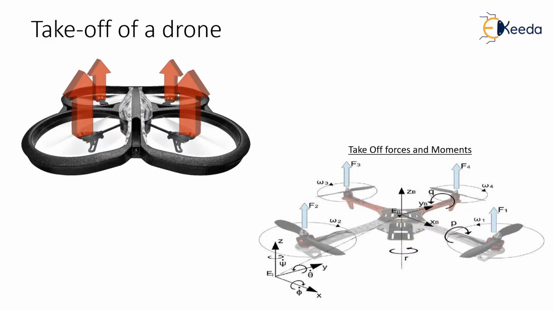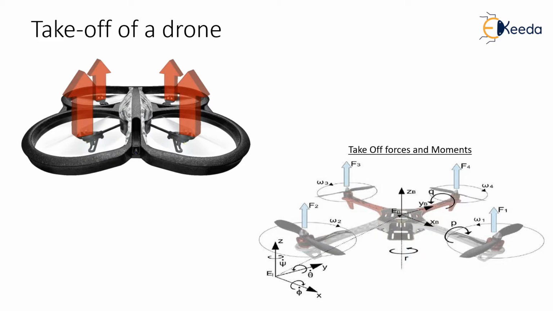Let's start with understanding the takeoff of the drone. In a drone, the rotors act as the wings. They generate thrust by rotating at fast speeds, which pulls the air downwards and keeps the quad in the air. The net downward force generated causes the drone to rise above the ground. The motors of the drone generate thrust that is greater than the weight of the quadcopter, making the quad rise